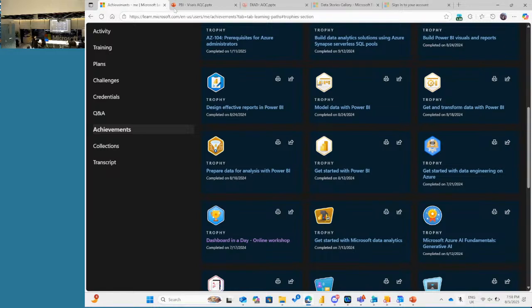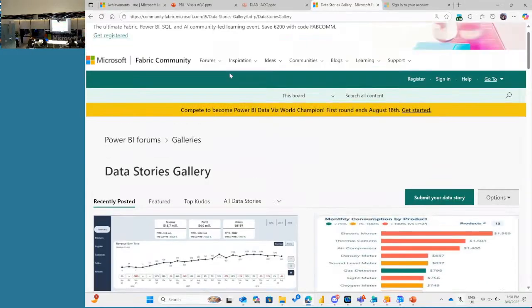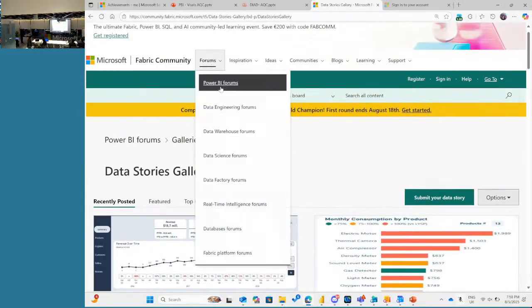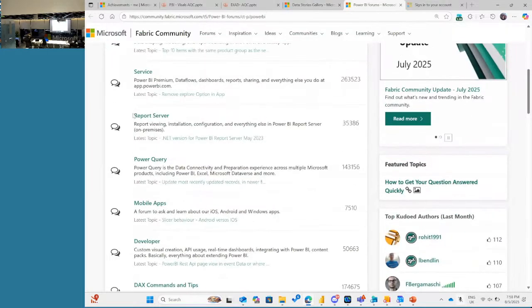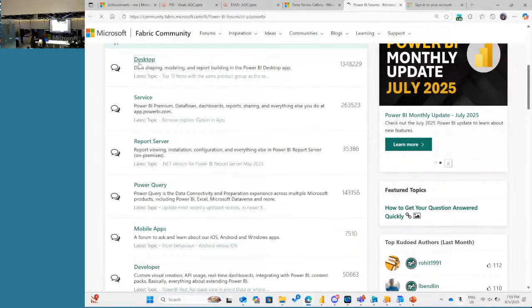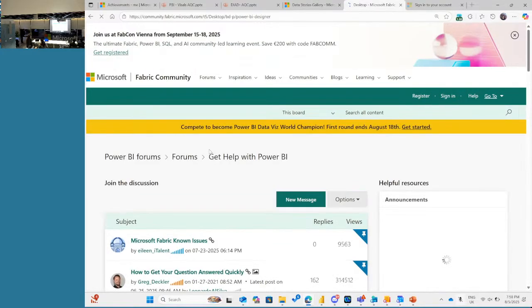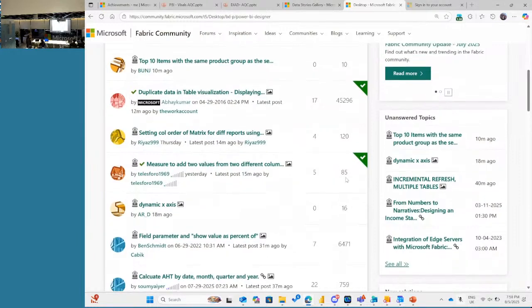I'm just going to showcase one thing before we get off to the pizza break. Some useful resources: we've got community.fabric.com. If you go to this forum, if you're stuck on any questions related to Power BI or other Fabric related things, you always have people helping you. There's a section for each thing, whether it's the service, the desktop, or the mobile app, and the community is really active. This one question was posted 15 minutes ago, and there are already responses.